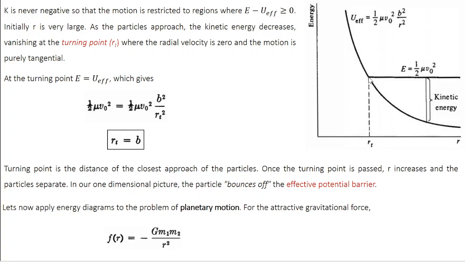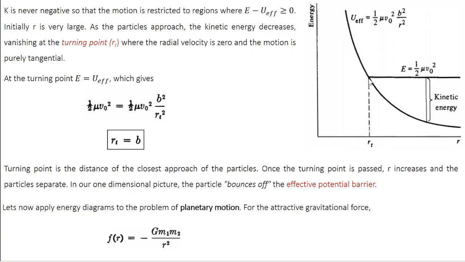Why is it called the turning point? If you try to bring M2 further close to M1, what happens? You are entering this region, and as I said earlier, here the potential energy is greater than the total energy. In other words, this is the forbidden region. So you cannot bring M2 closer to M1 beyond this point. Beyond this point, if you try to bring M2 closer to M1, the separation distance is going to increase. So the particle is going to move in the opposite direction. That's why this is known as the turning point.